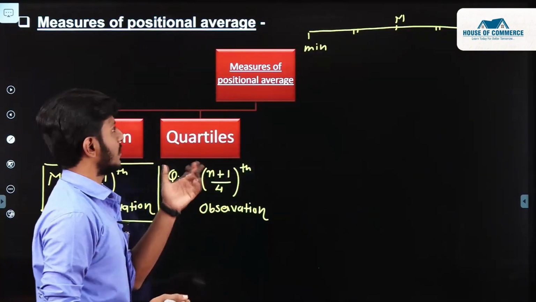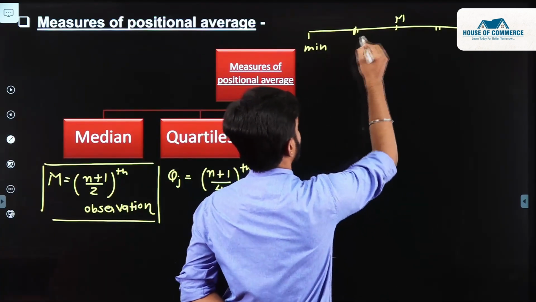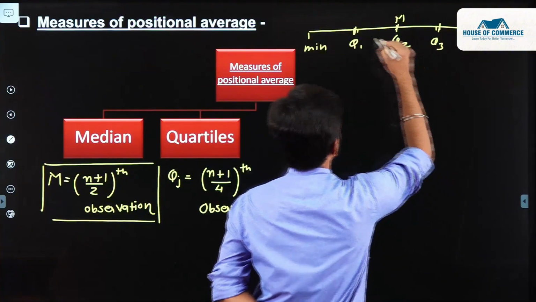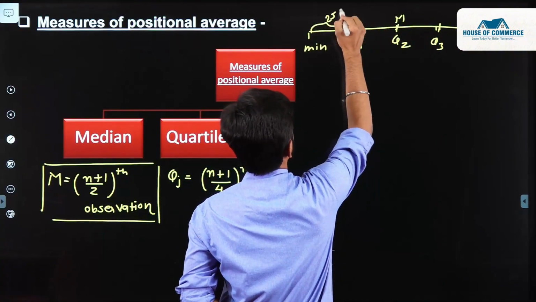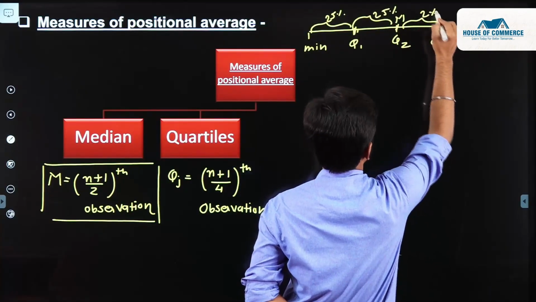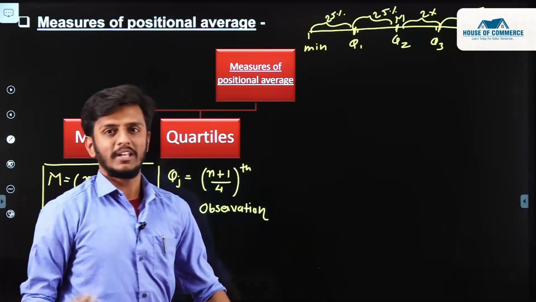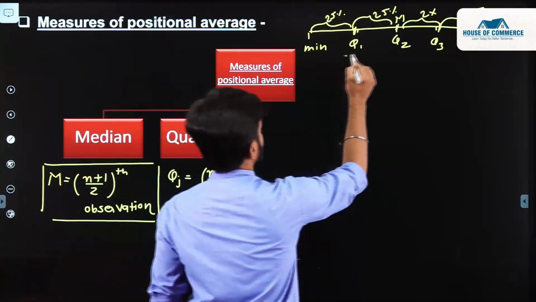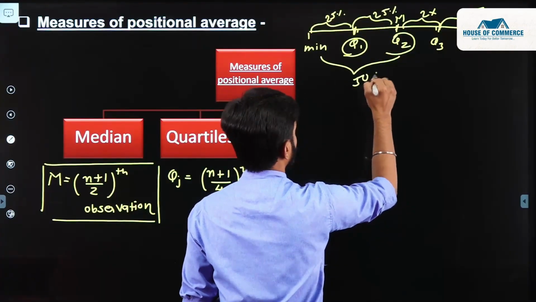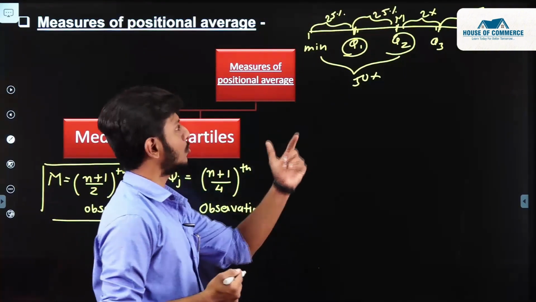So what we are doing in quartiles, if we are arranging all the observations in ascending order, we need only three values, Q1, Q2 and Q3, which divide all the observations, again I am repeating, in 4 equal parts, and each part covers 25% weightage. Right? So Q1 covers 25% of observations, Q2 covers 50% of observations,